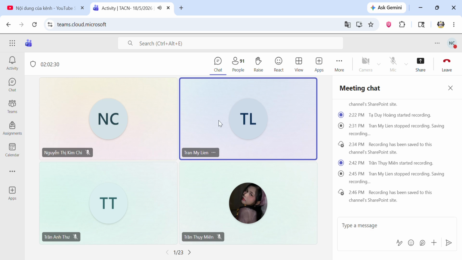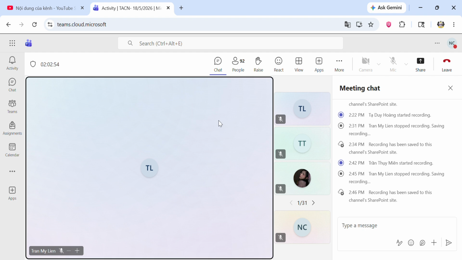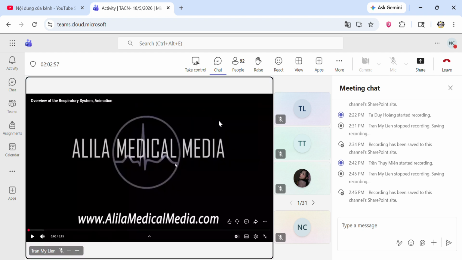system to have an overview of this body system. The hỏi anatomy and physiology of this body system. (song lyrics in Vietnamese)